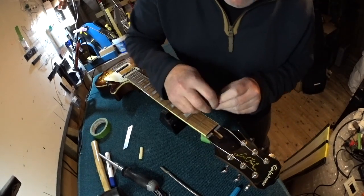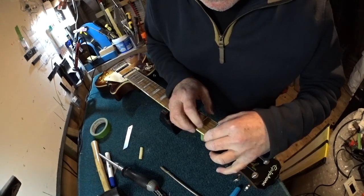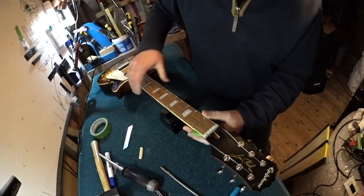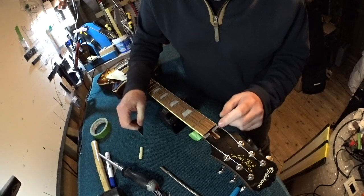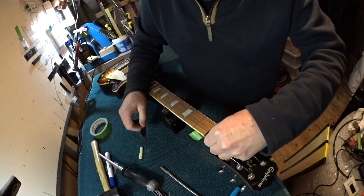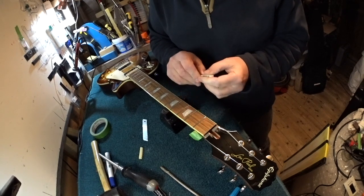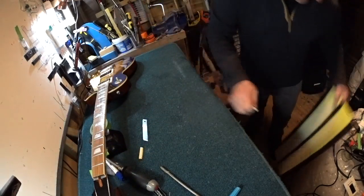It drops in pretty well. I might need, like I say, a little tiny bit more sanding, just digging down to get it in. Alright, that's close. So that jumped up over the edge of this. I might need to just sand this down a tiny fraction. Yeah, it's a bit proud of the edge, so it's going to need to be flush to the edge to work properly. So I'll give it a little bit more